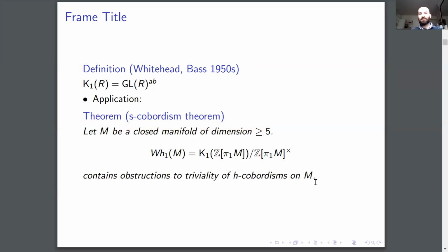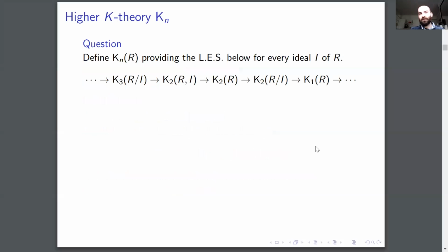So the obstructions of an H cobordism being a cylinder or not end up lying in these groups. And this was the big application of K1. Later Milnor defines K2, and its first applications were actually to number theory. And the obvious question to ask